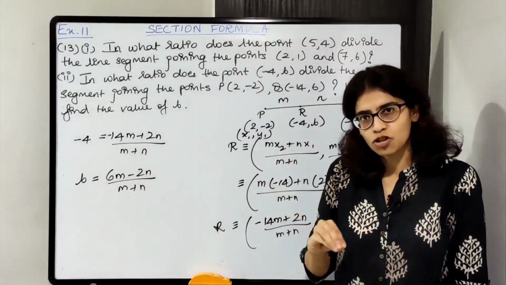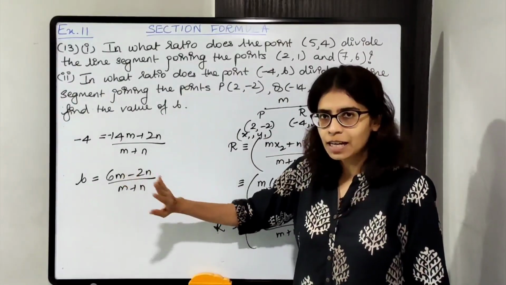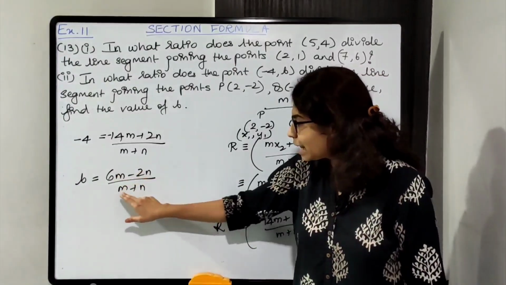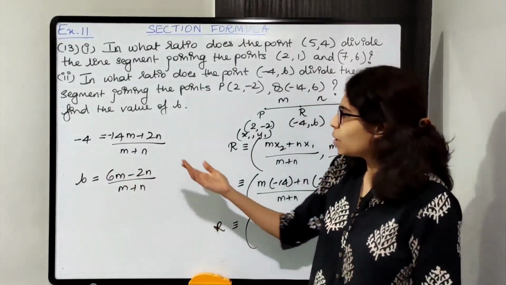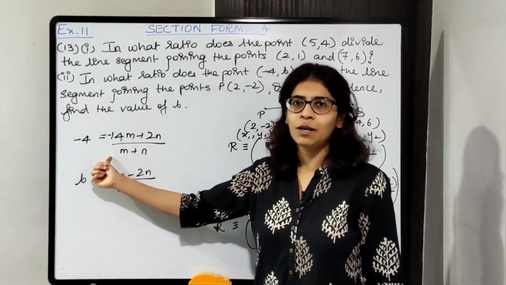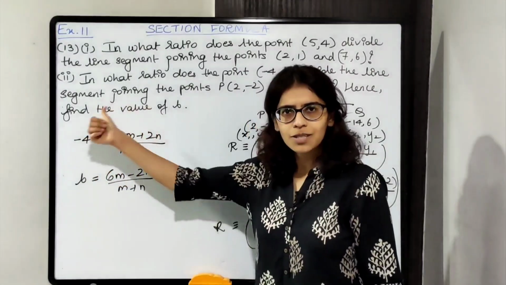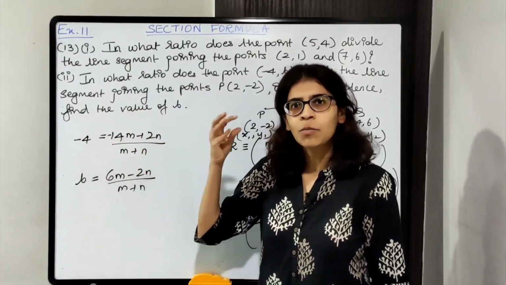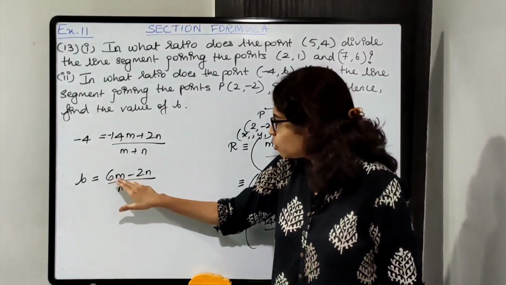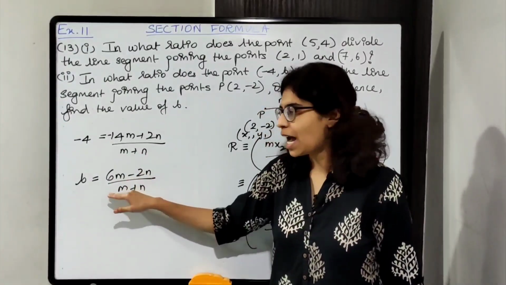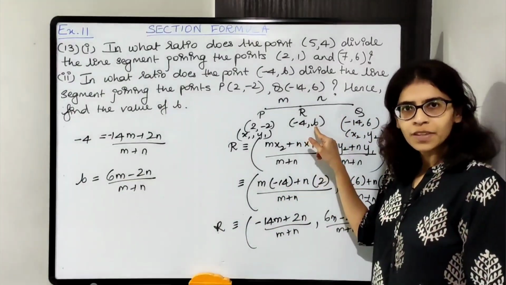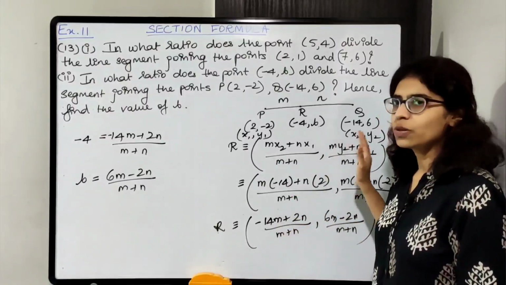We need to find the ratio first. रेशियो जब तक नहीं मिलेगा, m and n नहीं मिलेगा, तब तक b का वैल्यू we cannot find because m and n is required over here. So m and n कहाँ से मिलेगा? From this one. X coordinate equate करके we will get m and n. So you will solve this. ये solve करेंगे, m upon n find out करेंगे. Once you get m upon n, that is m is to n, you got the values of m and n. Substitute करो and you will get the value of b. That is, you will get the y coordinate of r. Very easy. Okay, so let us solve now.